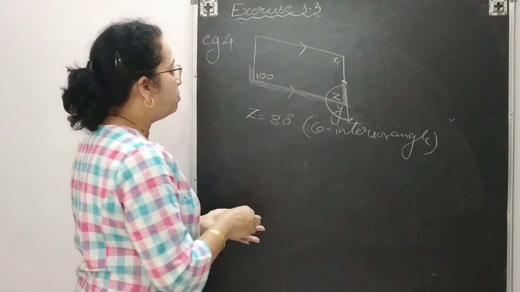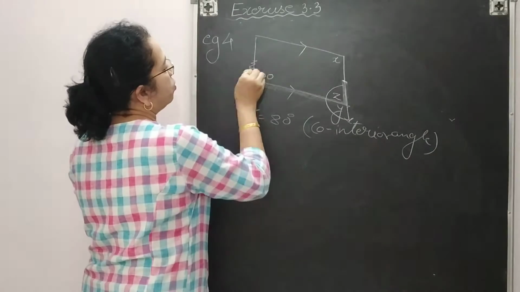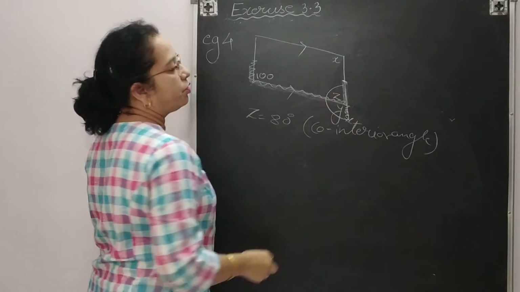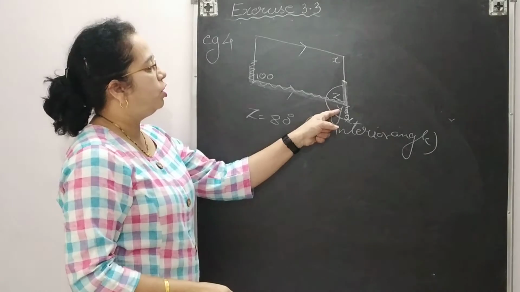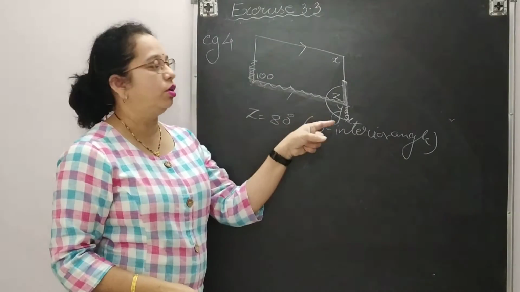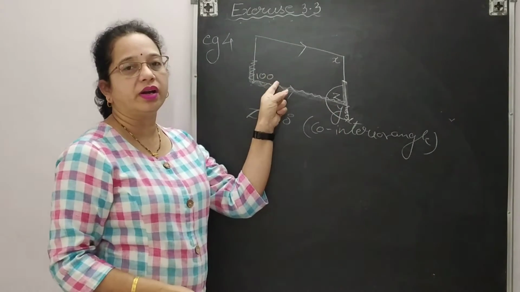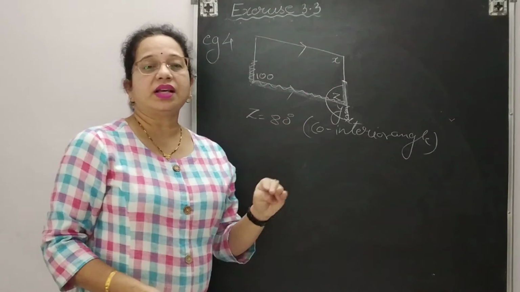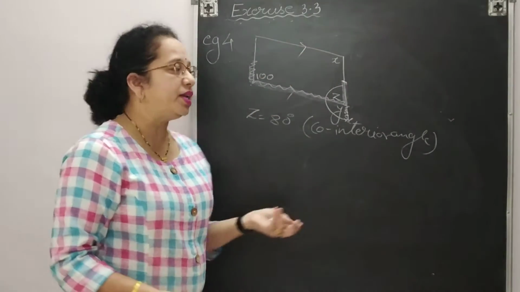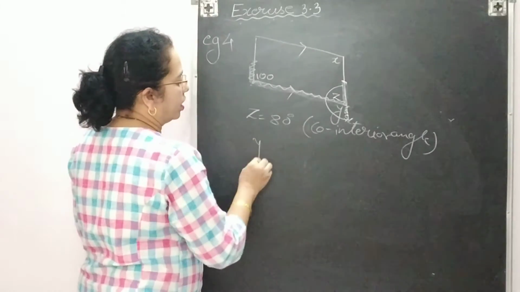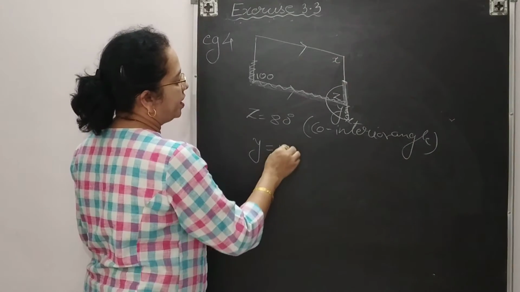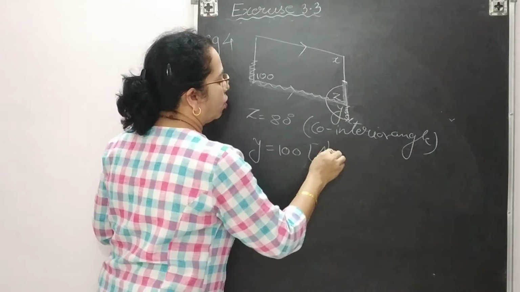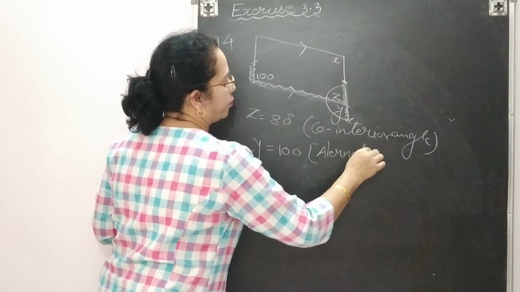Or you can say one more thing. You can see that you are getting this Z shape. So Z shape is for alternate angles. So the values of alternate angles are always equal, so the value of y will be 100 degrees. So this is the way. So many different ways are there to find the value of x, y, z. Whatever you are using, you can write down. Suppose I am writing here y is equal to 100. In your mind, it is alternate angles. So write down alternate angles.